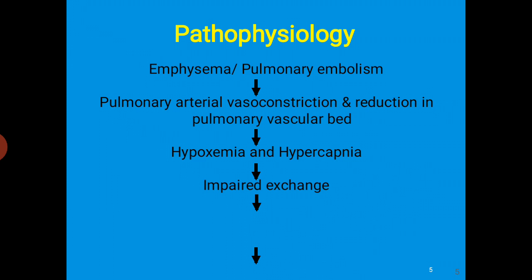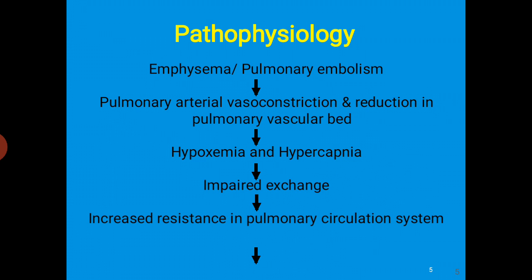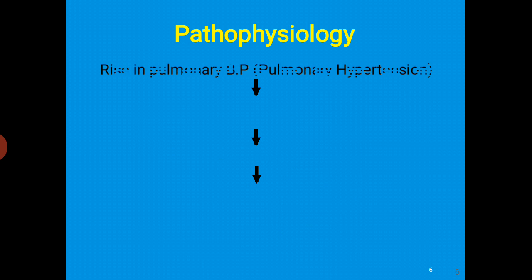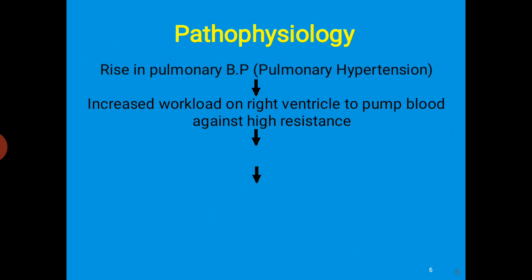So this is the impaired gas exchange, and there will be increased resistance in the pulmonary circulation. जो pulmonary circulation है वो properly नहीं होएगी, pulmonary circulation properly नहीं होगी तो there will be a rise in the pulmonary blood pressure, that is known as pulmonary hypertension, and this will cause increased workload on the right ventricle to pump the blood against the high pressure, ठीक है। जो pulmonary congestion हो गया है, blood flow obstruct हो गया है, उसकी वजह से pulmonary hypertension हो गया है। अगर pulmonary system में pulmonary resistance ज़्यादा होएगी तो